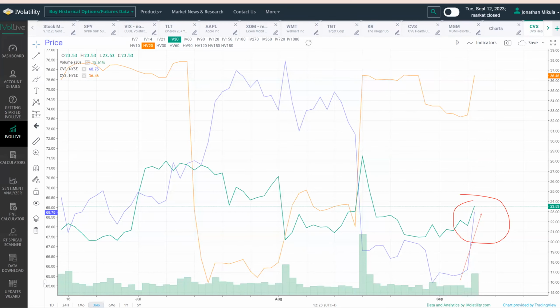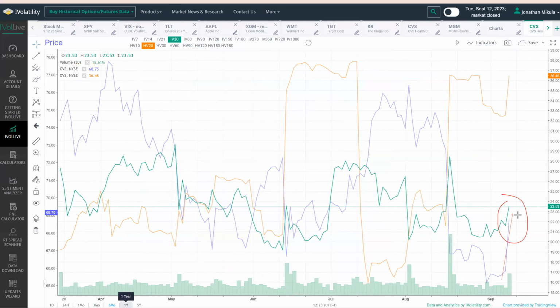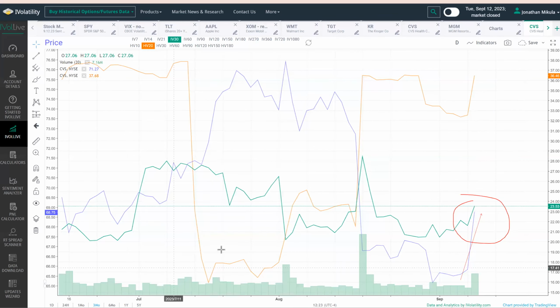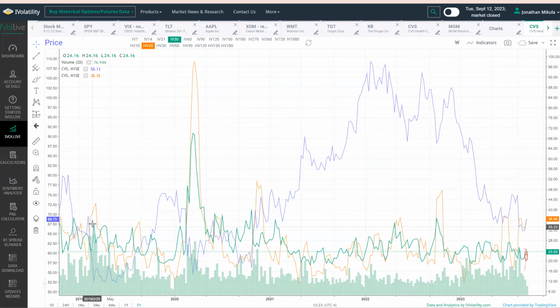And so this 3-month chart is where I make a lot of hay. This is where I spend a lot of my time, on the 3 or even the 6 month, which you could see is very similar because that just aligns with my trading style. I will say, by virtue of your subscription, you have 5 years worth of data available to you on these charts, which is fantastic. So you have 5 years worth of CVS's price data, which, as you can see,